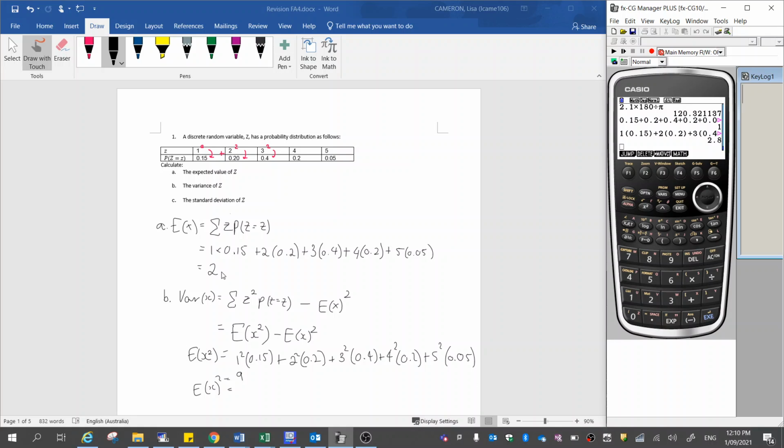Okay, sorry, so this will be 2.8, and then to get E of x squared, or that mean squared, I'm